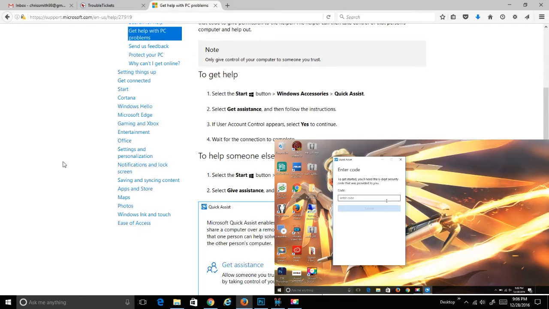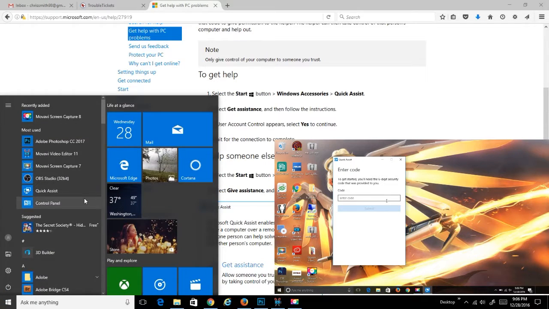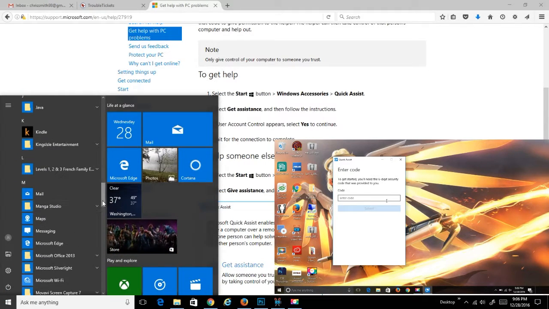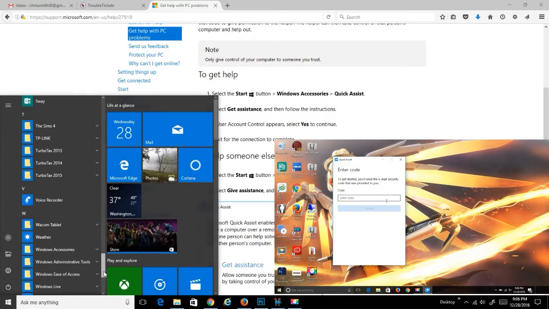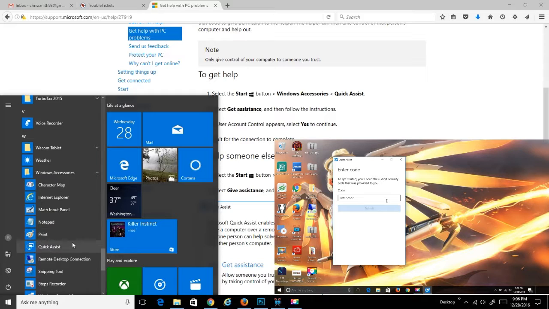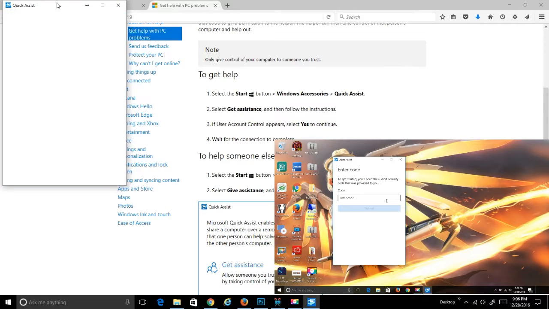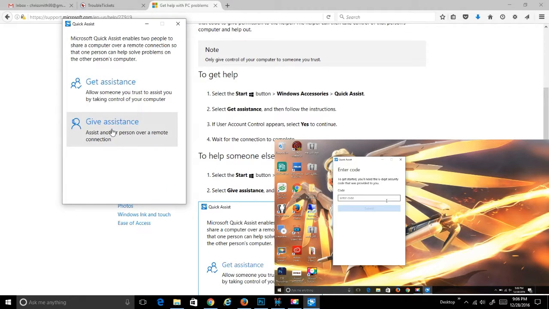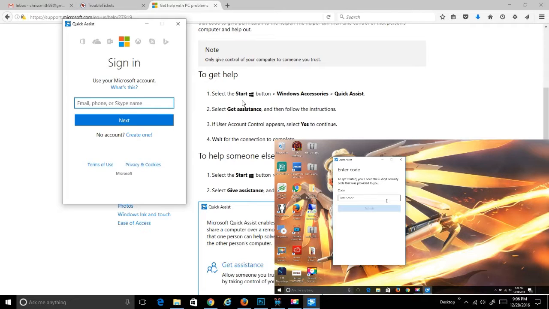But let's go back through and do it one more time, because I want to connect to the laptop so we can finish out closing a session cleanly. Let's go to Windows Accessories again, Quick Assist. We're going to give assistance, and let me log in here